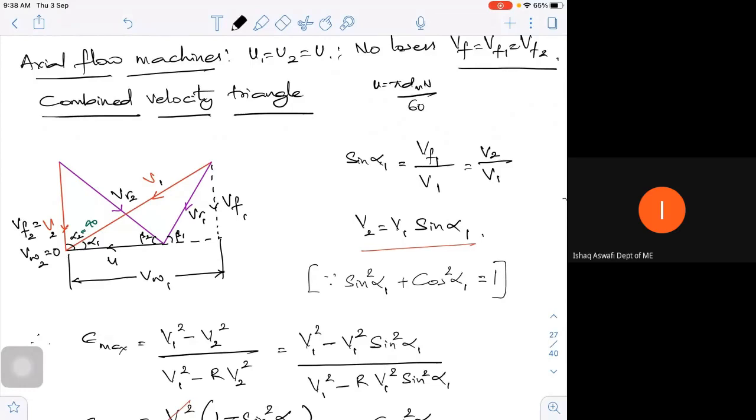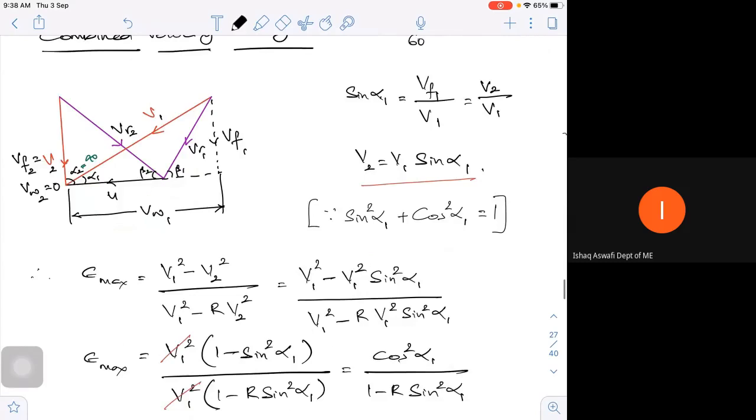And we know from trigonometric principles that sin square theta plus cos square theta is equal to 1. This you might have done in your plus 1 or plus 2. Here the only thing is the angle being alpha, I can write it as sin square alpha 1 plus cos square alpha 1 is equal to 1, where this can be applied only for a right angle triangle. Fine. Now, what is this actually?